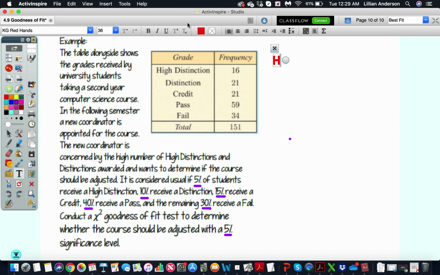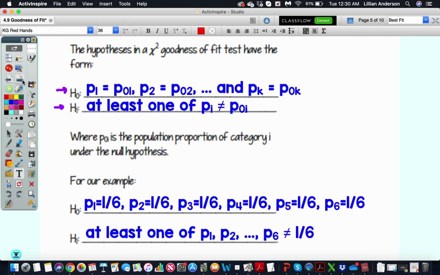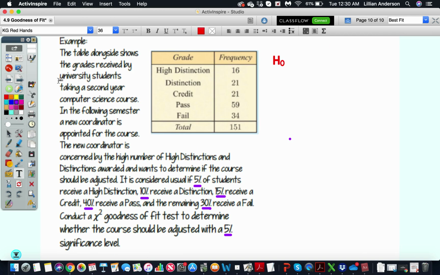Okay, so I'm going to come over here and type this out. Our null hypothesis for this particular situation. Remember, this is when you're using the proportion of the category. P1 represents high distinction, P2 distinction, P3 credit, and so on and so forth. So that means for my null hypothesis,